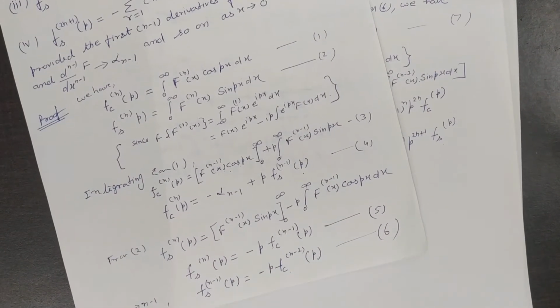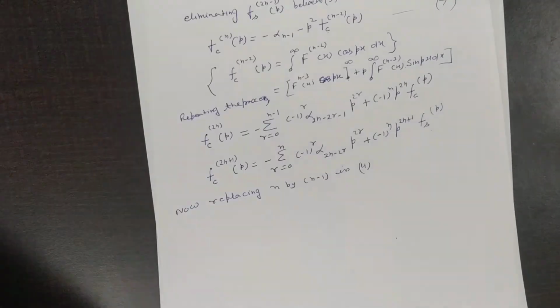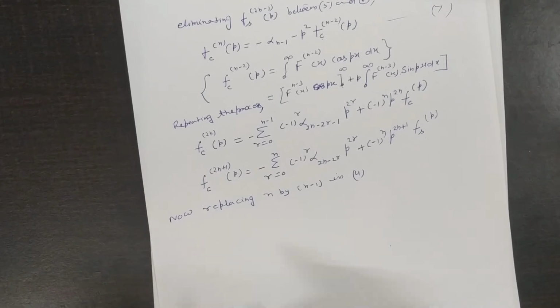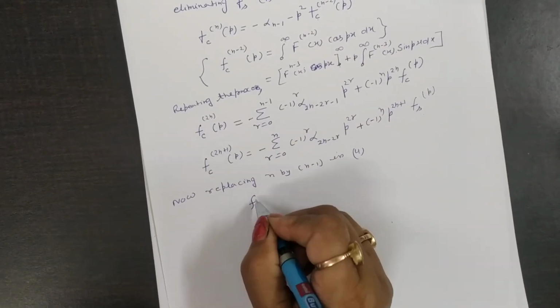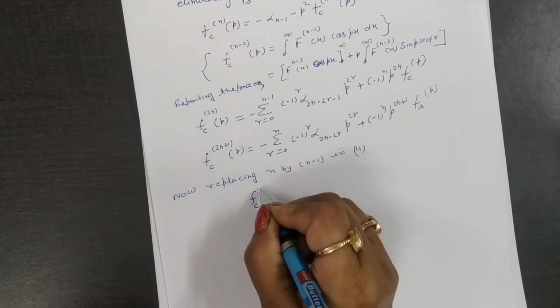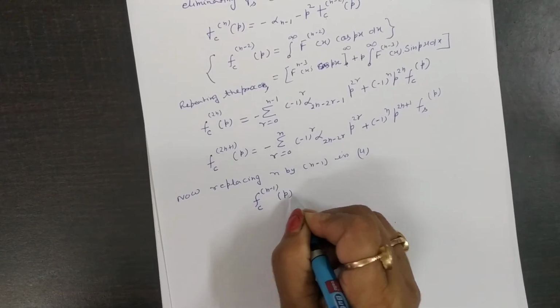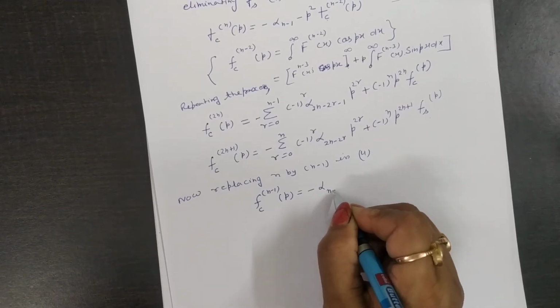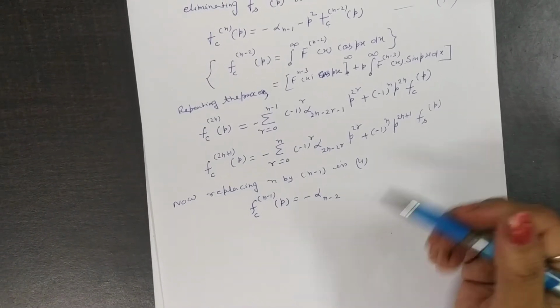Here you see, in equation number 4, you get this. We have f of c n minus 1 p is equal to minus of alpha n minus 2, in the same way as you have written earlier,